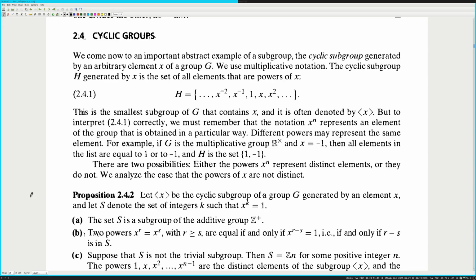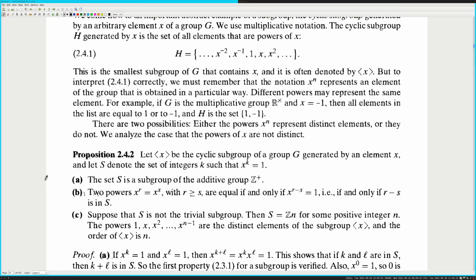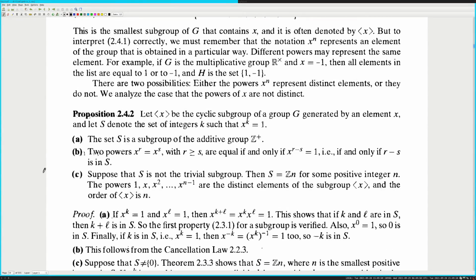Let brackets x be the cyclic subgroup of a group G generated by an element x, and let S denote the set of integers k such that x to the k is equal to 1. The set S is a subgroup of the additive group Z+. Okay, this is the proposition. Two powers,